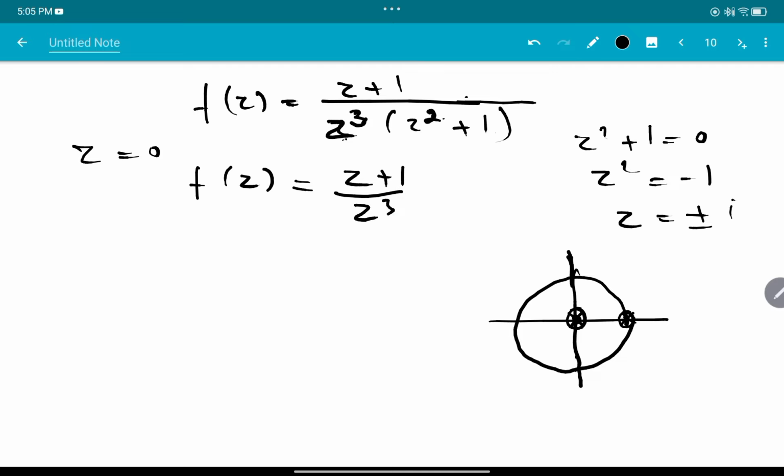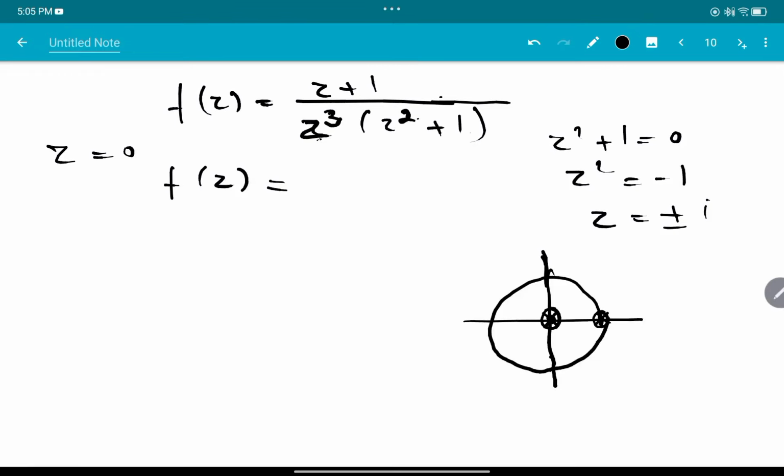If I take this common, it is better to write it as (1 plus z) by z cube. Okay, then you have this 1 divided by (z square minus 1), that is